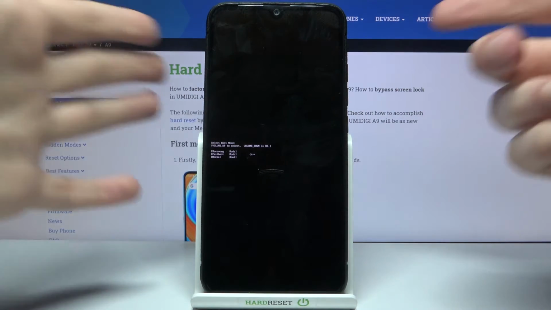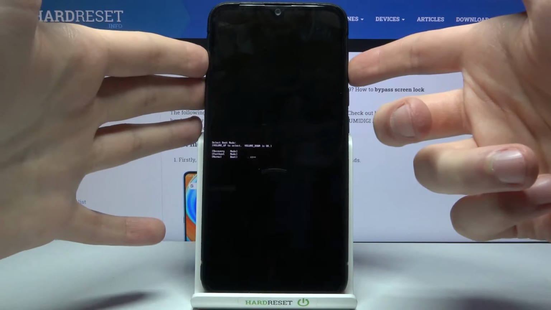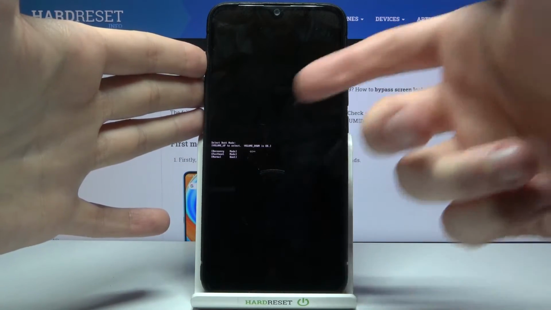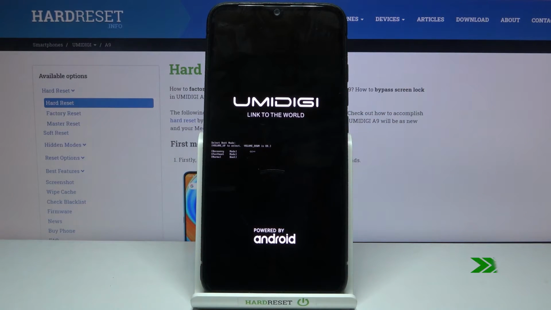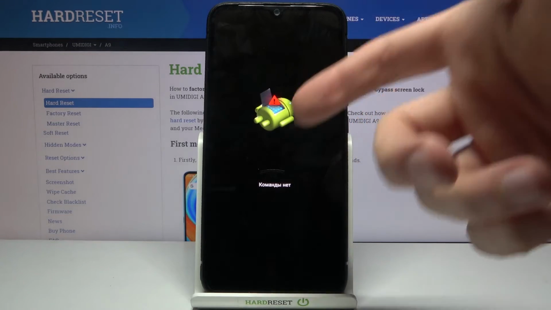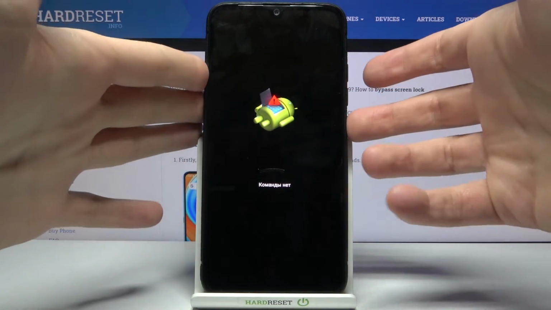After you enter this kind of menu, here you can use the volume up key to navigate and the volume down key to select. You have to select the first option, recovery mode. After you see this kind of Android robot and a "No command" message under it, hold down the power key and press